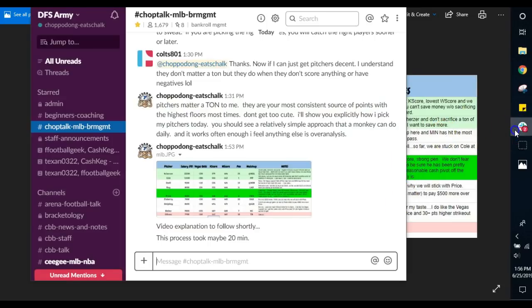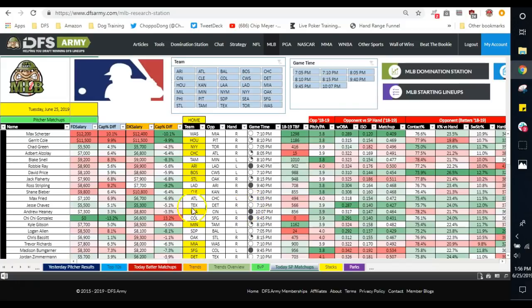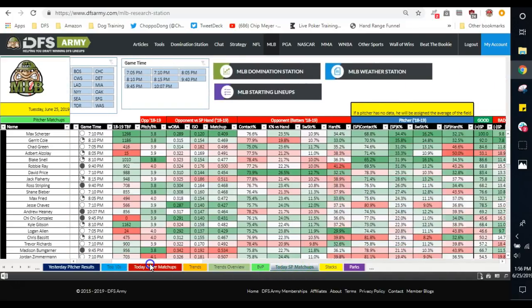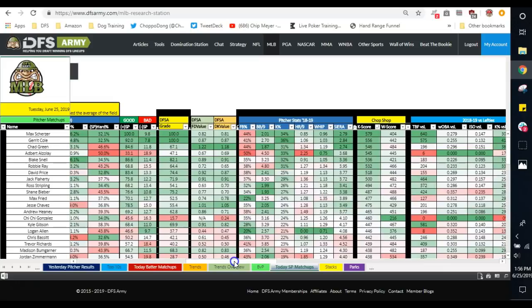I go to the MLB Research Station. And as soon as I can find it, I'll show it to you. And I go to the starting pitchers tab. You click these little three dots over here. It'll scroll over to the right just a smidge, open that starting pitching tab up. There's one way you can do it, which is just go strictly by DFSA grade. We have players do that. But another way that you can do it is to use the Chop Shop over here, sort by K-Score descending